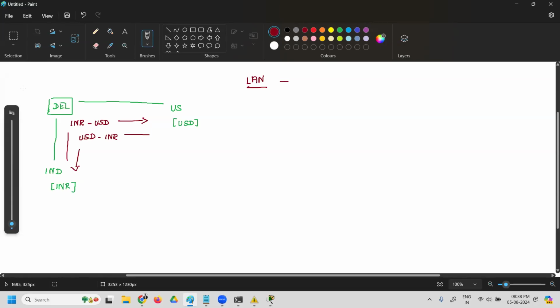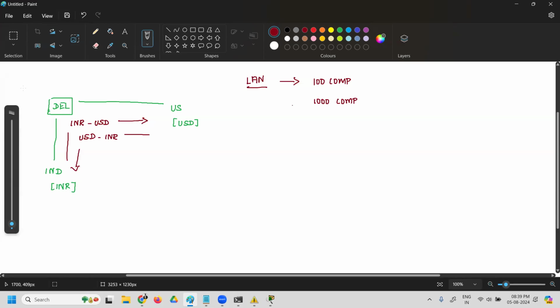So, how do you create a LAN? Let's say you have 100 computers. If you have 100 computers, can you set up a LAN? Yes, you can. If you have 1,000 computers, can you set up a LAN? Yes, again, you can. So you cannot define a LAN by the number of computers. Even when there are 100 computers, you can create a LAN. Even if there are 1,000 computers, you can create a LAN. So LAN is not defined based on the number of computers.